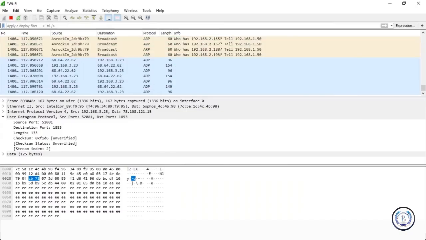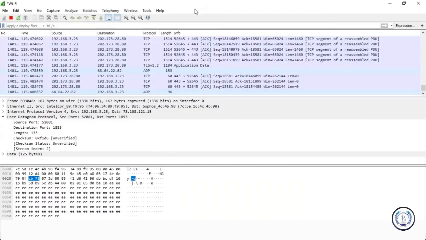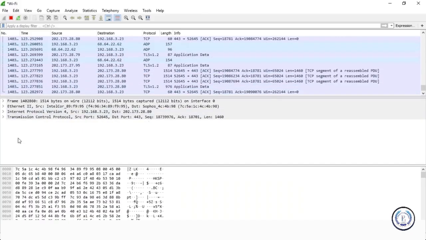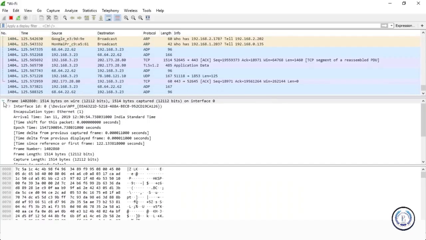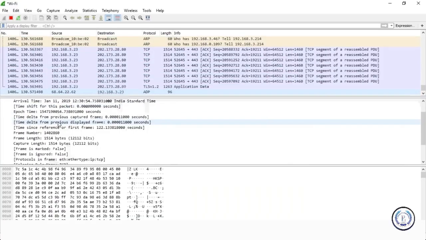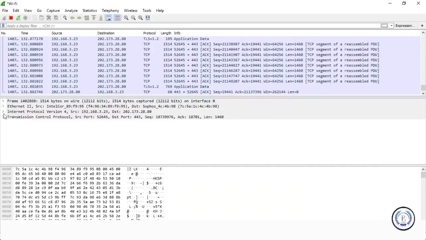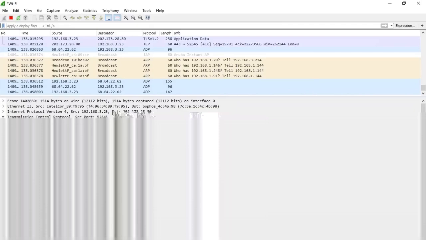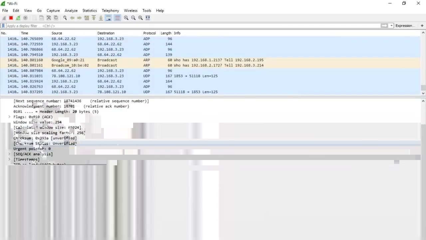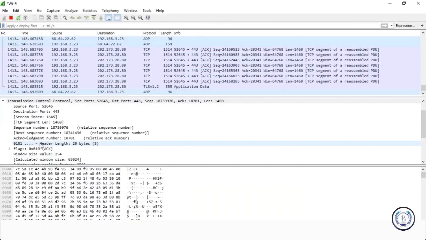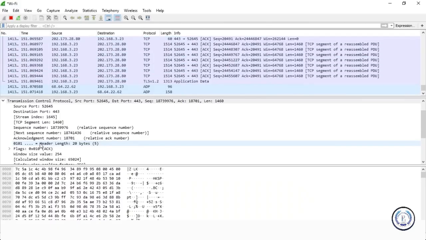At the bottom of the screen, you'll see detailed information about the packet that has been selected. Suppose I'm still selecting this TCP packet out here. We can go through the frames. The frame also has some interface IDs, the encapsulation type, and all sorts of information about the frame. Then we can look at the source port, the destination port, the sequence number, the flag set, the checksums. We can basically check everything about a packet because this is a packet analyzer and a packet sniffer.